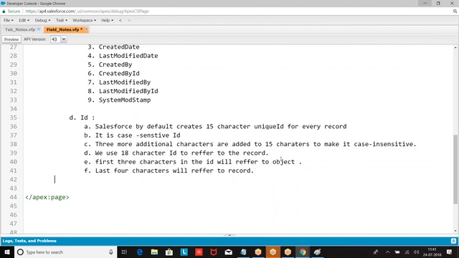Every record we create in Salesforce, an 18 character unique ID is created. That ID is used to refer to the record. So basically, we have a 15 character ID, which is case sensitive. For that, 3 more additional characters are added by Salesforce only to make it case insensitive. So who will generate this ID? Salesforce. Every record will have one ID. Am I clear with this? Okay. Next